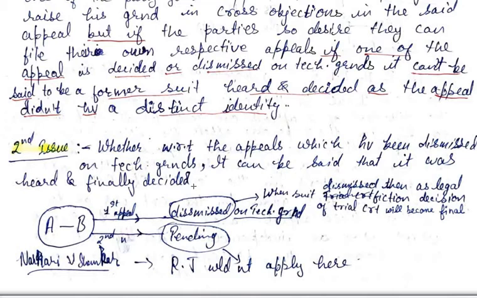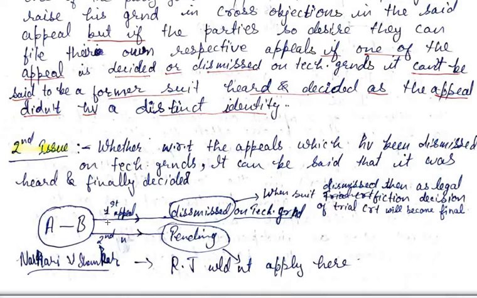ठीक, क्योंकि एक्चुअली डिसमिसल तो टेक्निकल ग्राउंड पे हुआ, तो क्या उसको हर्ड एंड फाइनली डिसाइडेड माना जाएगा। अब इसको मैं समझाता हूँ। अब देखो, what happens is there was a suit between A and B, and there was another suit between A and B. तो दो सूट्स हैं मान लो, तो ये जो सूट्स हैं वो डिसाइड हो गए। दोनों सूट्स डिसाइड होने के बाद A goes in